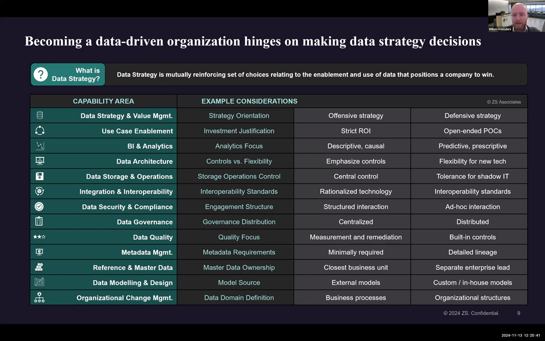The next one I personally found very interesting because it's not so much a choice in terms of control or not control, or priority or not a priority, but how you can do it. When we consider integration and interoperability, what you really want to make sure is that as you have data from different sources, different systems in your organization, you are able to match these bits of data together, and can relate them to each other.